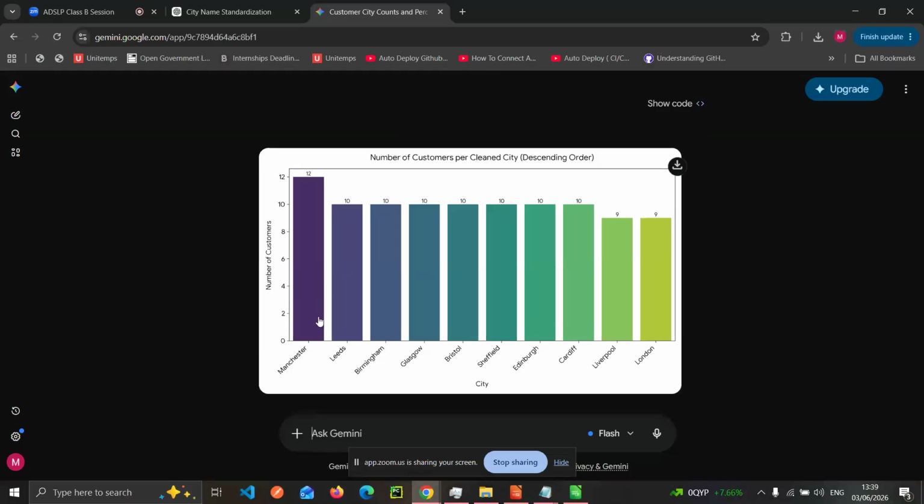So we have, for example, Manchester has the highest number of customers, 12, and the cities of Liverpool and London have the lowest, 9. So this is a visualization which you could use in a presentation to a specific audience, showing the variation in the number of customers across cities in the UK or across cities in the data.